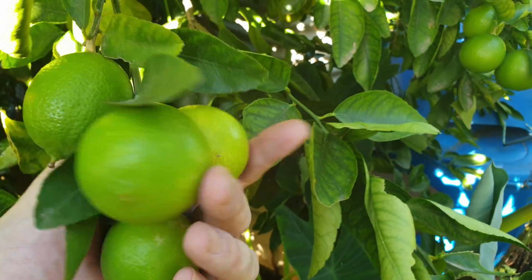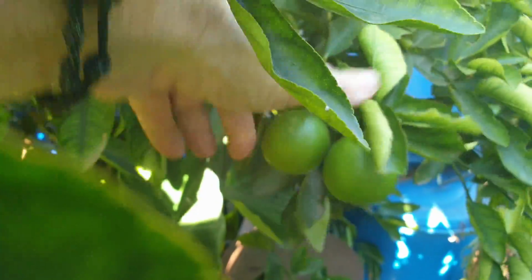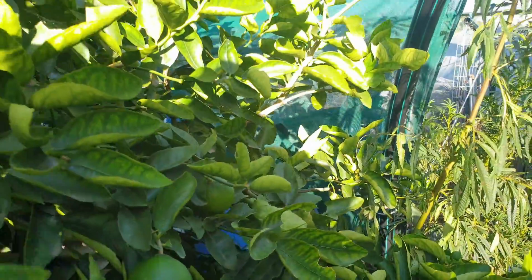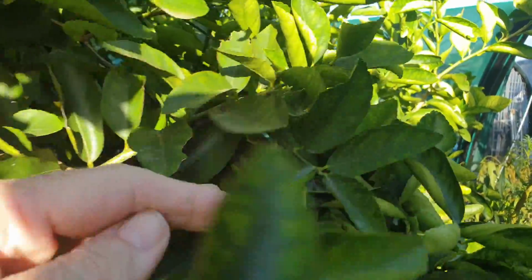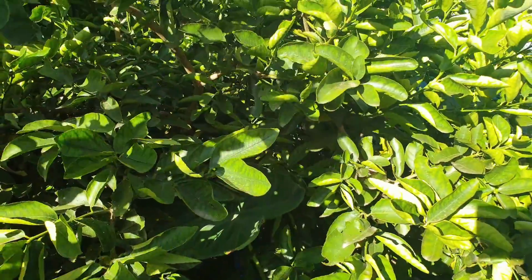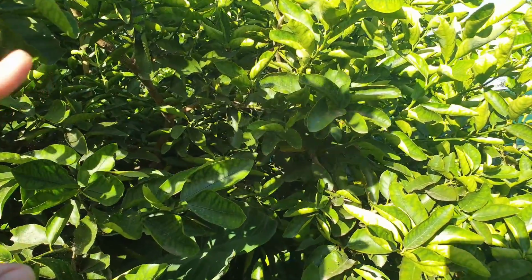I mean, it hasn't really affected the yield. We've got those ones there, we've got these ones I showed you over here. There's more over the back there if you can see them through the glare, as well as the ones I showed you up here and all around the other side as well. So yeah, all in all, we're pretty happy with this tree, and yeah, she definitely does appear to be fruit